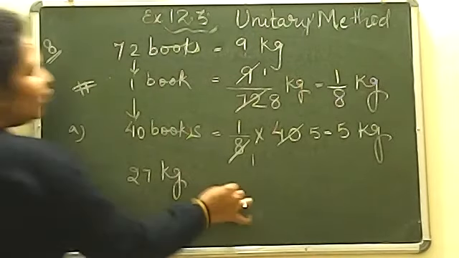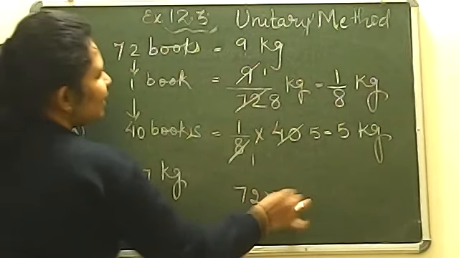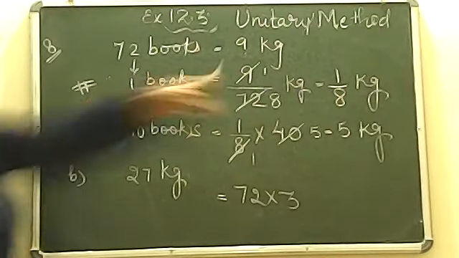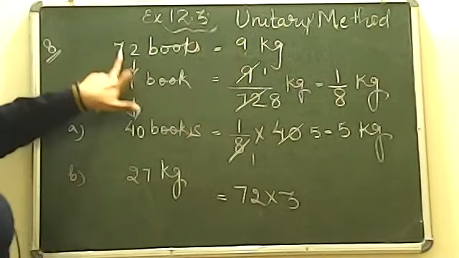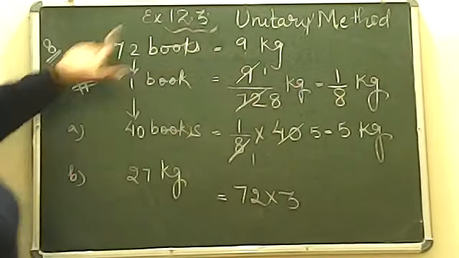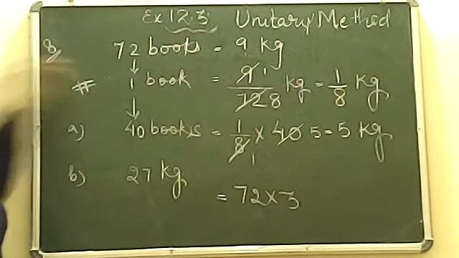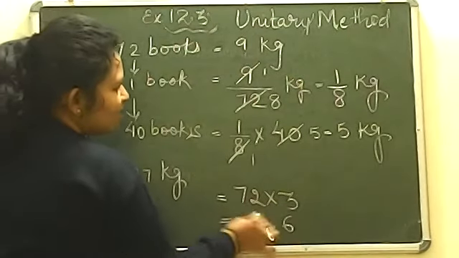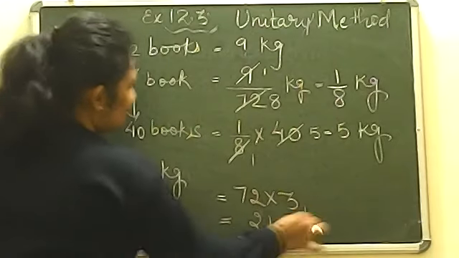So you can simply do that 72 multiply by 3. ठीक है, आप डायरेक्टली कर सकते हो. देयर इज नो नीड ऑफ फाइंडिंग हाउ मेनी टाइम्स. यहाँ पे आप डायरेक्ट देख सकते हो 9 kg 72 बुक्स, 18 kg मल्टीप्लाई बाय 2, 27 kg मल्टीप्लाई बाय 3, which will be more easy for us. So 72 multiply by 3 directly, which will give us 216 books